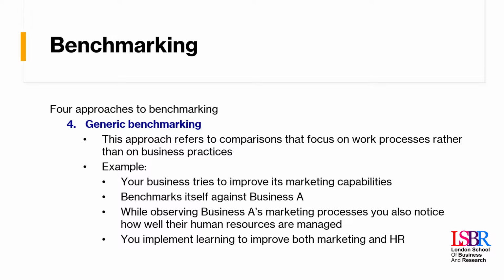It's also about identifying where the organization might have advantage in different functional expertise, not just in one department. Perhaps whilst observing marketing, you saw a way to improve sales, you saw a way to improve operations, you saw a way to improve finance. These are all things that you can then change in your own organization. And that's what's called generic benchmarking. You learn something that might not be relevant in the context of that organization, but it is relevant in the context of what you do.